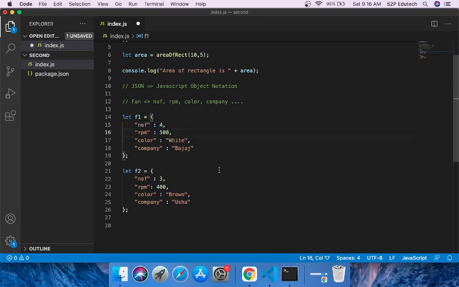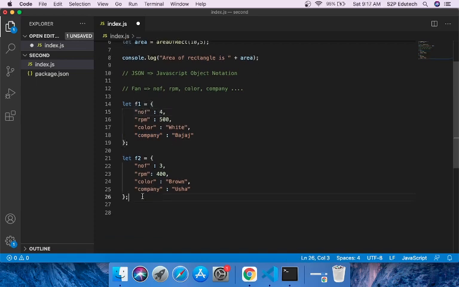Now let us club these things together. So what is JSON? JSON is JavaScript Object Notation. JSON is always enclosed in curly braces. It contains comma separated key value pairs. Each key and value are separated by a colon. And the keys are repeated. What changes is the value. For a different object, the values would change, but the keys would remain the same.